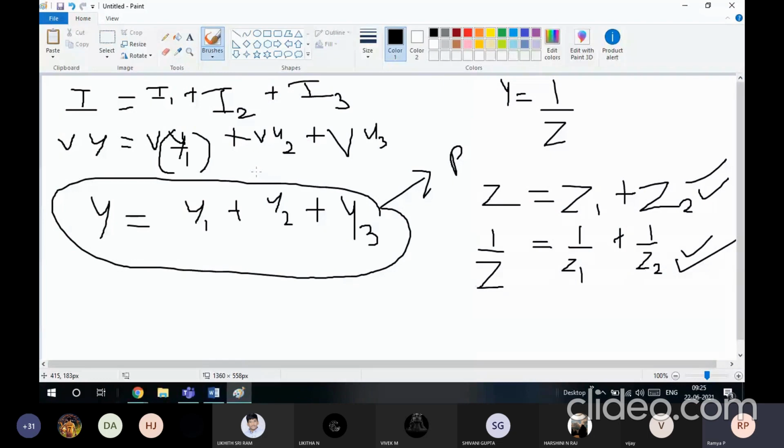Now you should understand two more words. You have understood the concept of admittance, how to find the admittance value, and the relation between impedance and admittance. The next two concepts are conductance and susceptance. This you have already learned, but now you are going to understand them in the electrical parameters.